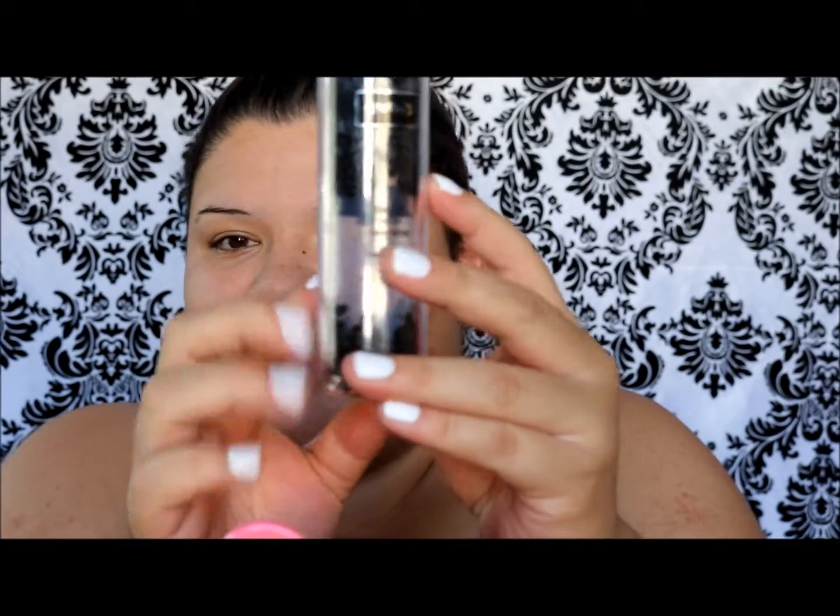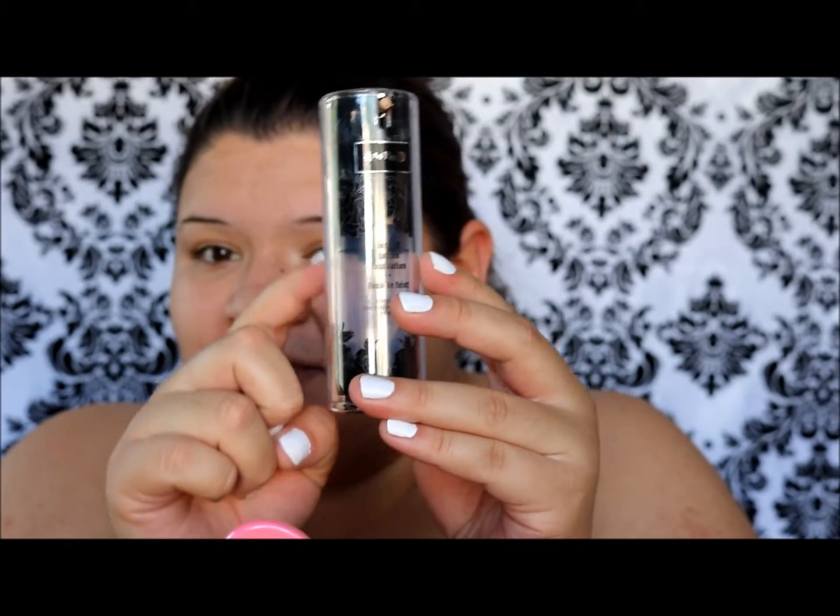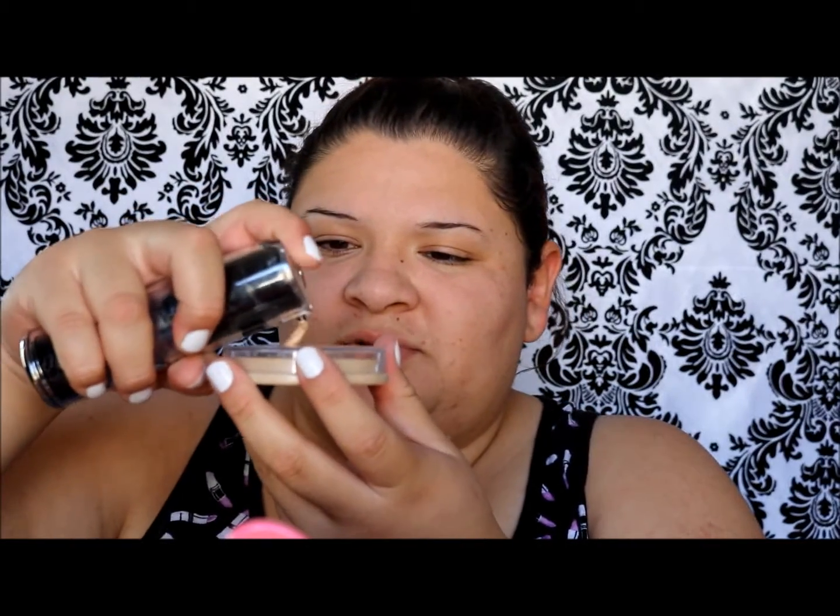It's the Locket Tattoo Foundation from Kat Von D, and as you can see, I am literally almost done with it. This is all done. So I go ahead and I always take this, it's just my powder, and I use a cap. I just do 2 pumps like so, and then I take my Makeup Forever Ultra HD foundation, and let me tell you, I am medium 54 in the Kat Von D, and I am 125 equals Y 315 in the Makeup Forever. So I just like to shake this one a little, and I go ahead and pump it onto the